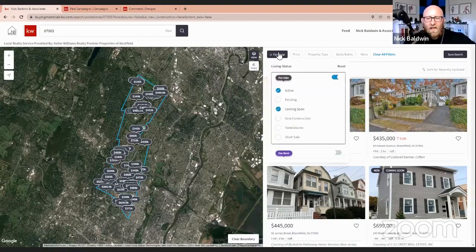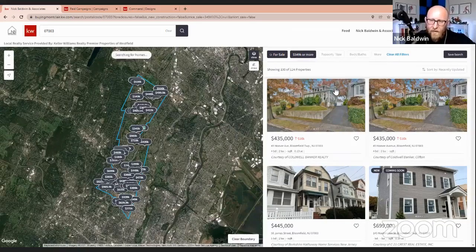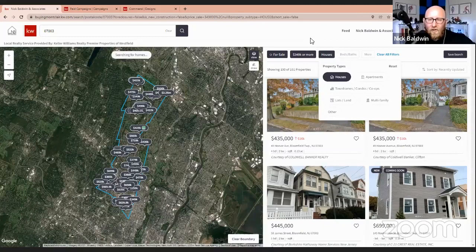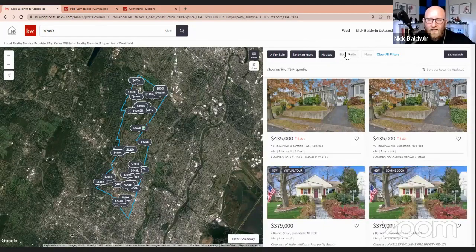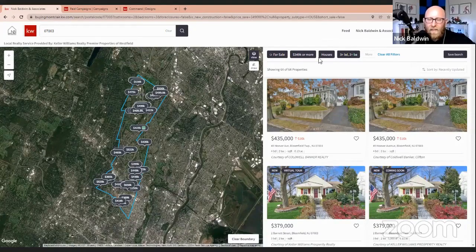So then after that, I want to do the price, and let's just say like $349 and up. Okay, that brings us down to 101 properties. The property type, I only want to show houses. That brings us down to 76. And for bedrooms, I want to show 3 and 2, and that brings us down to 64 properties. Okay, so this link up here is the link that we are going to use when we are creating our